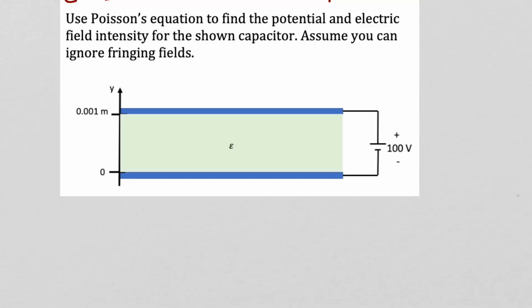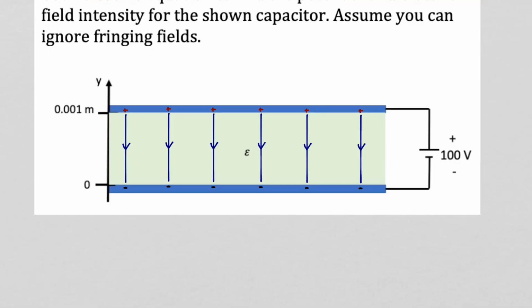With the voltage applied, the top plate will charge up positively and the bottom plate negatively. The electric field intensity will originate on the positive charges on the top plate and terminate on the negative charges on the lower plate. We are going to assume close plate spacing so that the fringing fields are a negligible contribution, and so we will approximate the electric field intensity as only in the y direction.